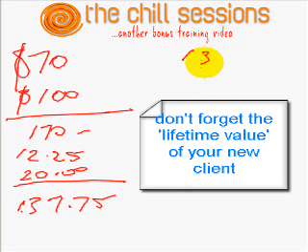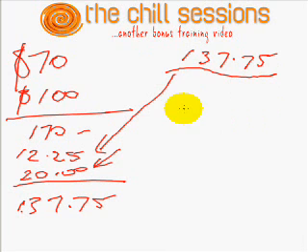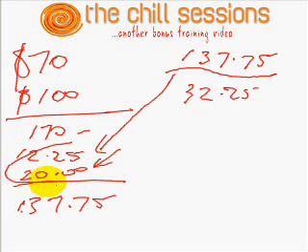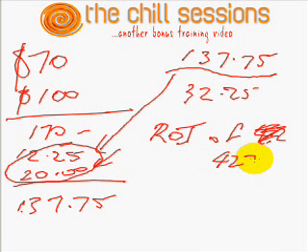So we've made $137.75 after expenses. Remember, that's our expenses there. So this is our profit. So to get our return on investment, we divide that by our total costs, which is $32.25, and I've just got that figure there by adding those two together. So let's see what that comes out to, and that gives us an ROI, a return on investment of 427%. So that means for every $1 that you are going to give me, I'm going to give you